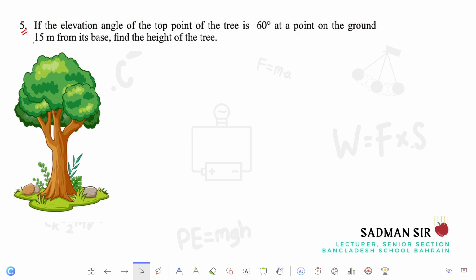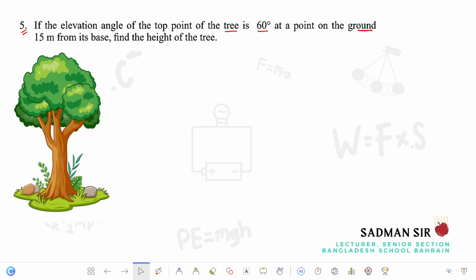In today's video we are going to discuss problem number 5 from the exercise of the trigonometry and measurement chapter. The problem states that the angle of elevation of the top of the tree, and as you can see we have the diagram of a tree right here, is 60 degrees at a point